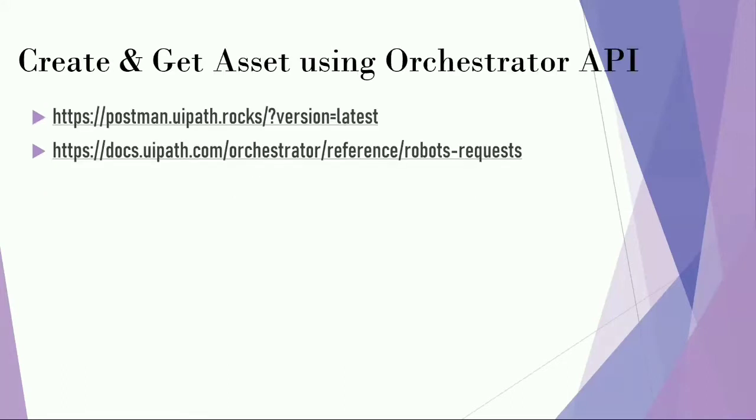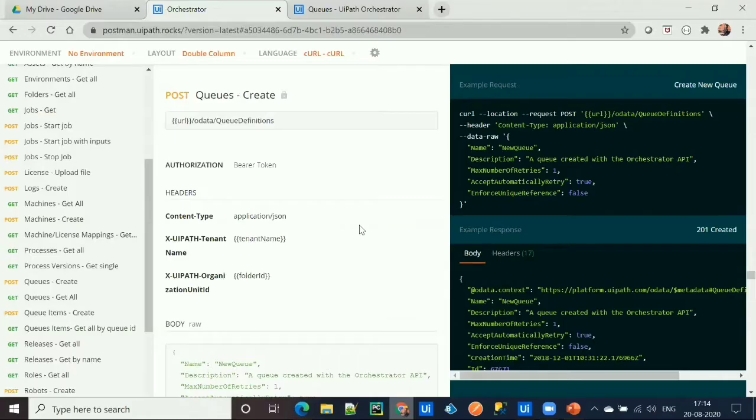To do that, we will be accessing Orchestrator API with the help of Orchestrator HTTP request activity from the Studio, which will provide us access to the UiPath Orchestrator component. So to access Orchestrator API, first we need an endpoint to call, right? So we'll see how we can get the endpoint to call an Orchestrator API to create a queue. UiPath is providing a wonderful document in which we'll get the request call to create a queue.